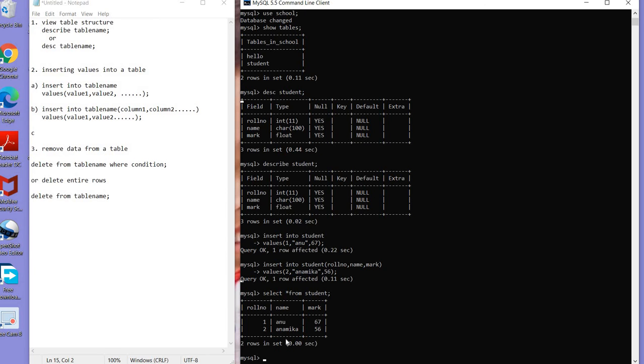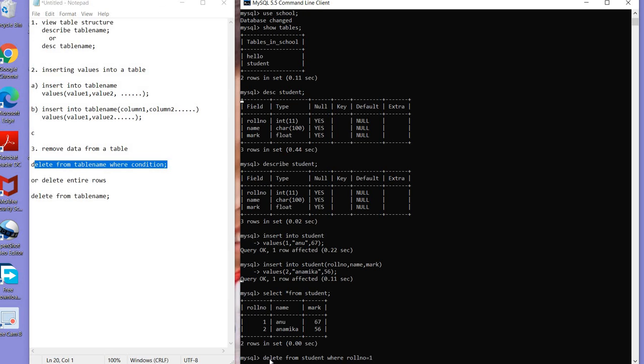Okay. Now how can we remove data from a table? For that we have the command DELETE FROM table name WHERE condition. I am writing the same command here: DELETE FROM, table name is student, WHERE I am giving a condition, roll number equal to 1.